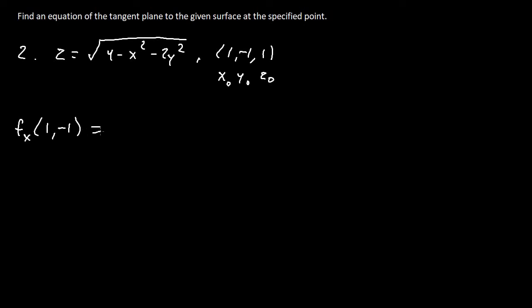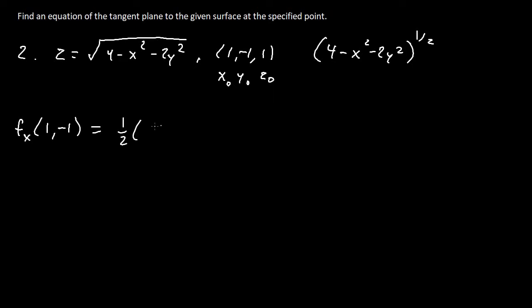So the partial derivative of the function with respect to x is going to be, well, first I'm going to go ahead and change this function just a little bit so that instead of saying the square root, I write it as to the 1/2 power. So 4 minus x squared minus 2y squared to the 1/2 power, because I'm going to have to use the chain rule. So when I derive with respect to x, we're going to take the derivative of the outside function,